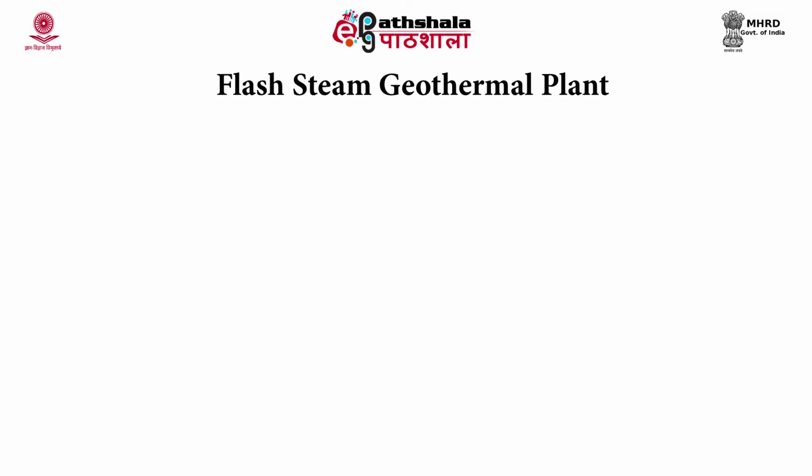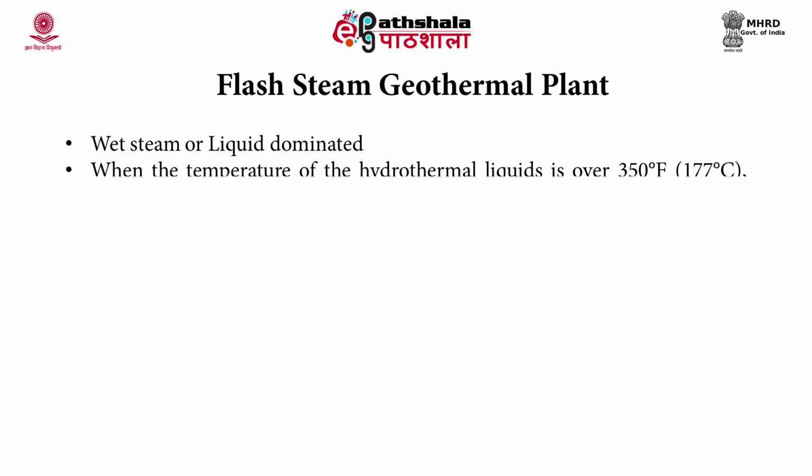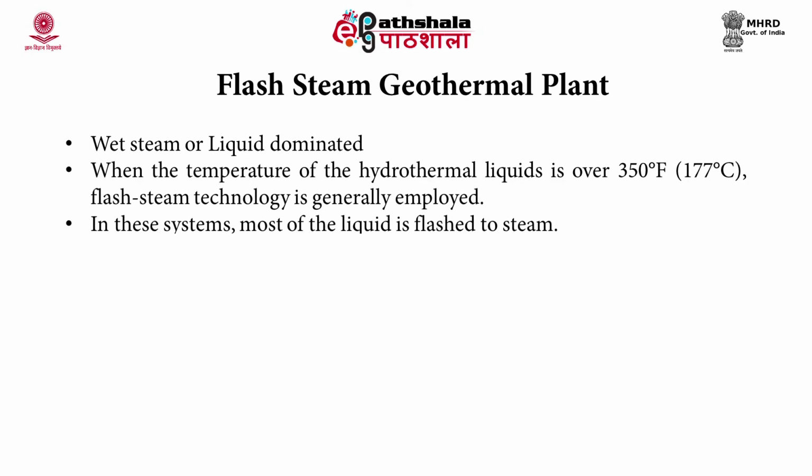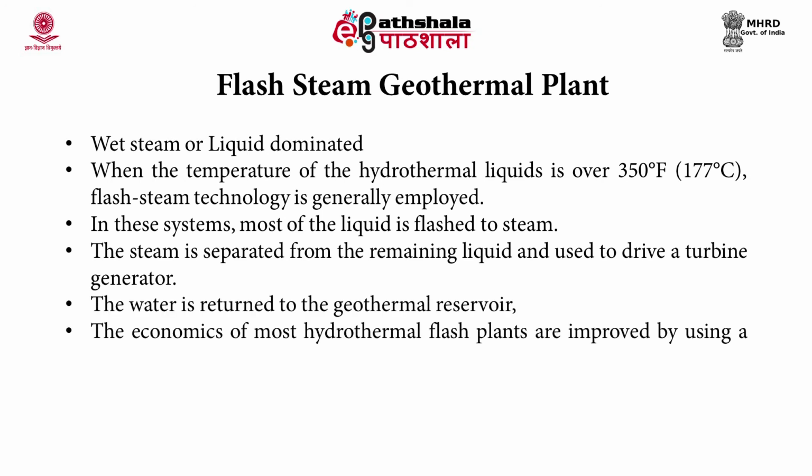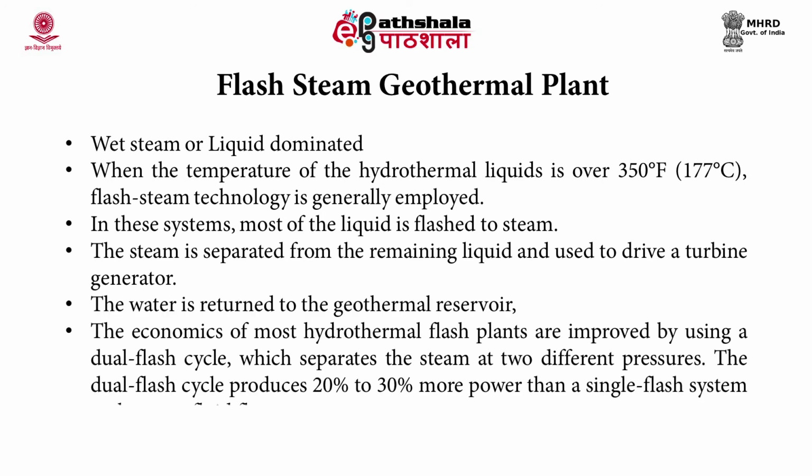The second type is the flash steam geothermal plant. It is also known as wet steam or liquid dominated geothermal plant. When the temperature of hydrothermal liquids is over 177 degrees Celsius, flash steam technology is generally employed. I have already told you this is the most common type of geothermal plant. In these systems, most of the liquid is flashed to steam. The steam is separated from the remaining liquid and used to drive a turbine generator, while the water is returned